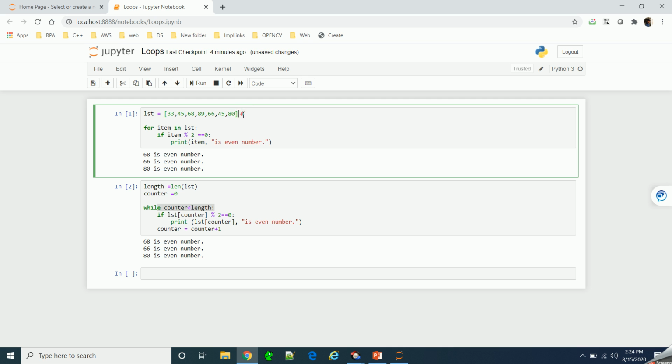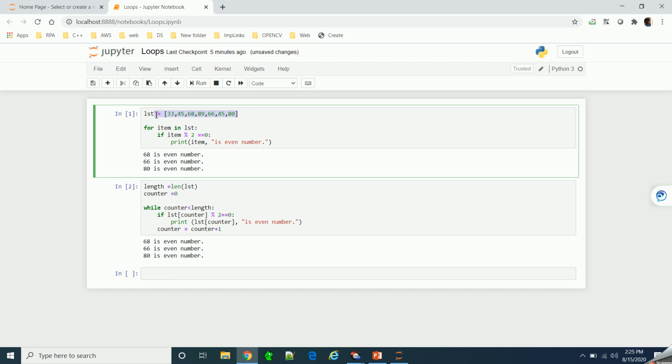In this case we know that we have to perform 7 times, but in case of while loop, if you don't know how many times you have to perform, like if you want to convert an integer number to binary, at that time you don't know how many times you have to perform that division and other operation. Or also if you want to find whether a number is palindrome or not, in that case you can use while loop.